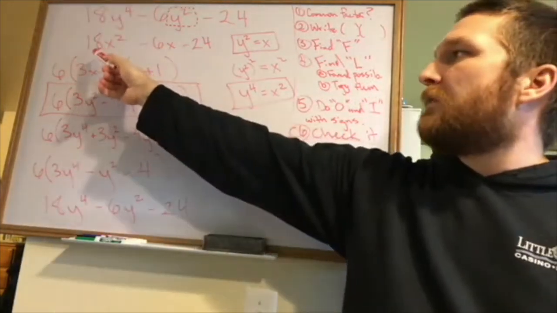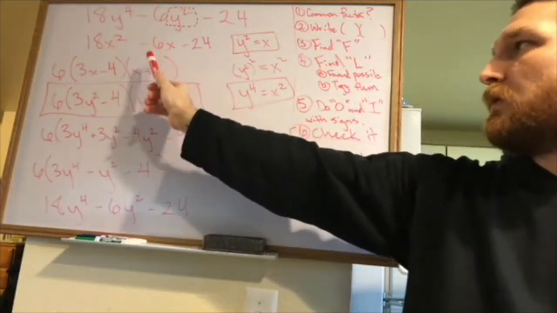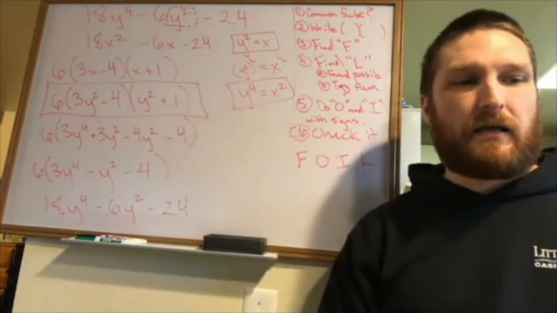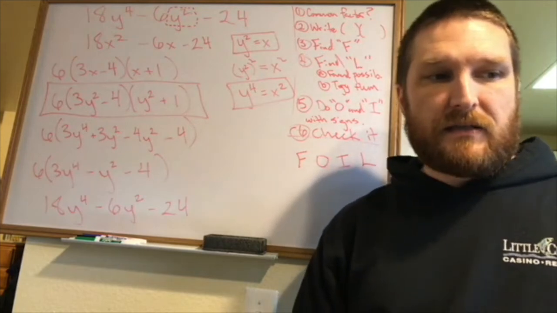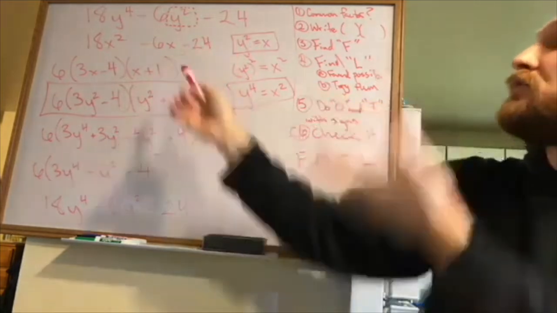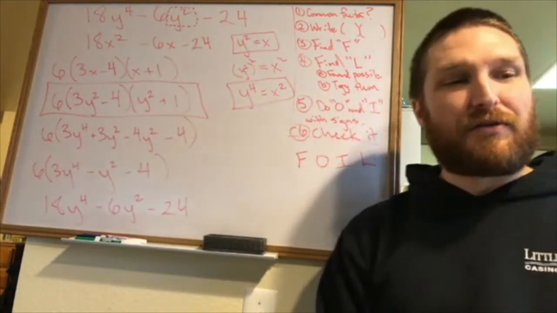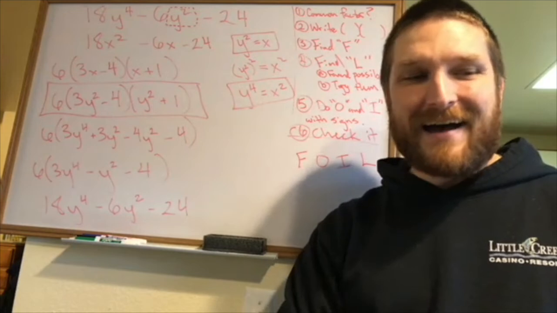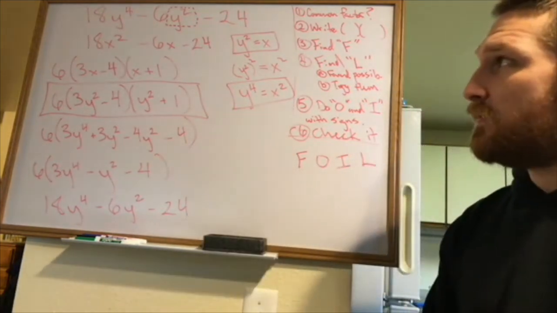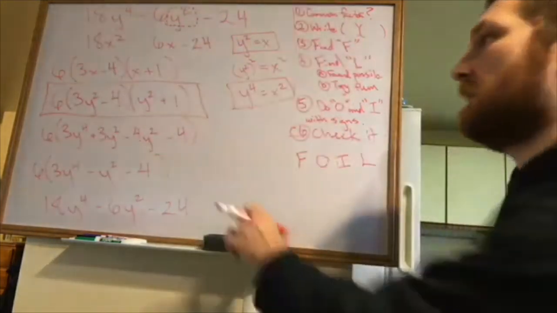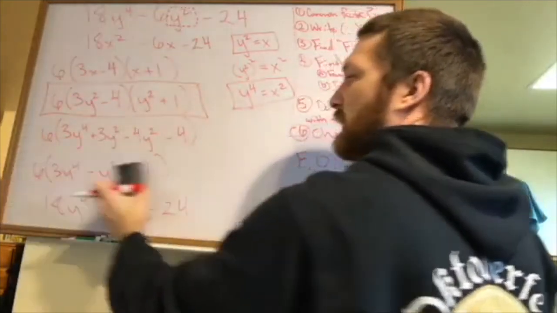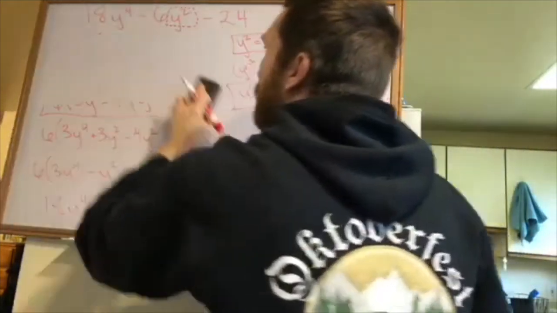Things in this form, where you have some number times x squared, plus or minus some number times x, plus or minus another number, we call those quadratic equations. And sometimes you could turn an equation that's not quadratic into a quadratic equation. This is going to be a major theme later on in our class. It doesn't just have to be y to the 4th. It could be any even power. Am I good to erase this? Were you following all this? Yes. So, for instance,